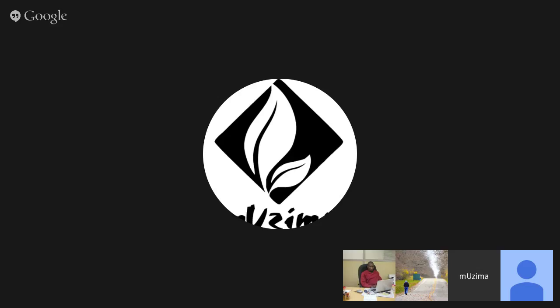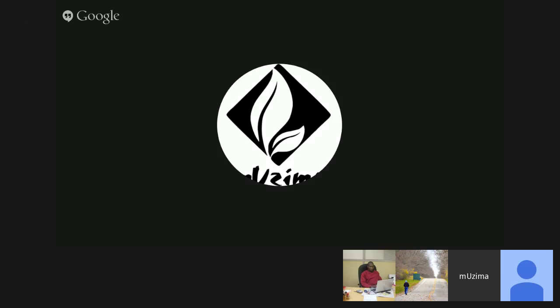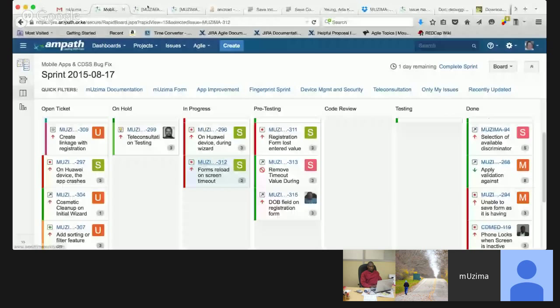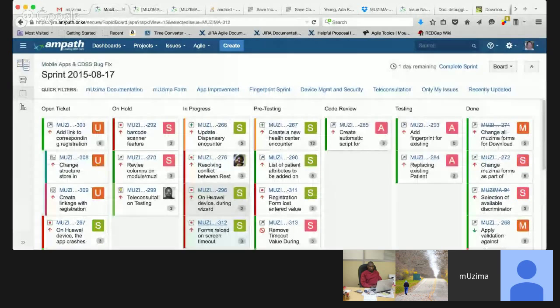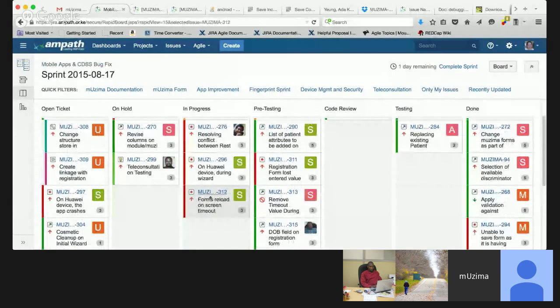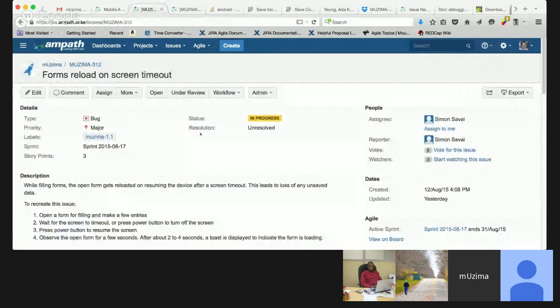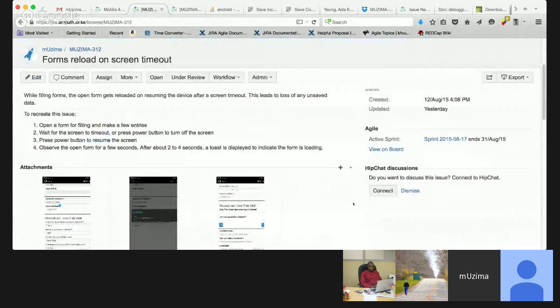There's the ticket for form reload, mUzima 312. Let me just share the screen first. Okay, so that ticket, sorry, form reload. I think I got the ID wrong, one second. Yes, correct. So I think this was discussed yesterday during the IRC about the onCreate and onResume,